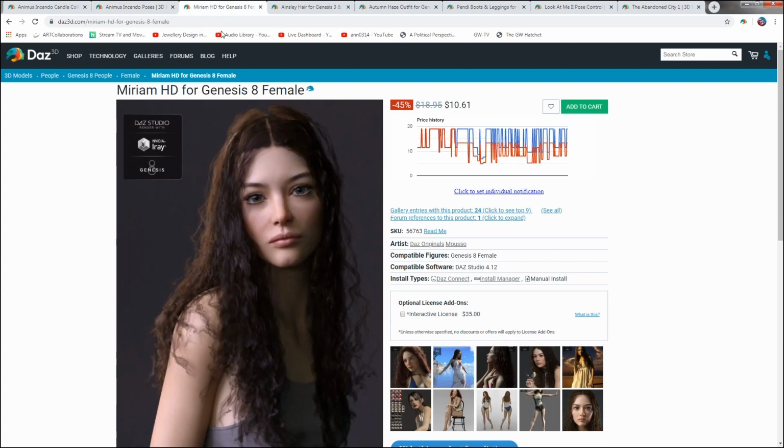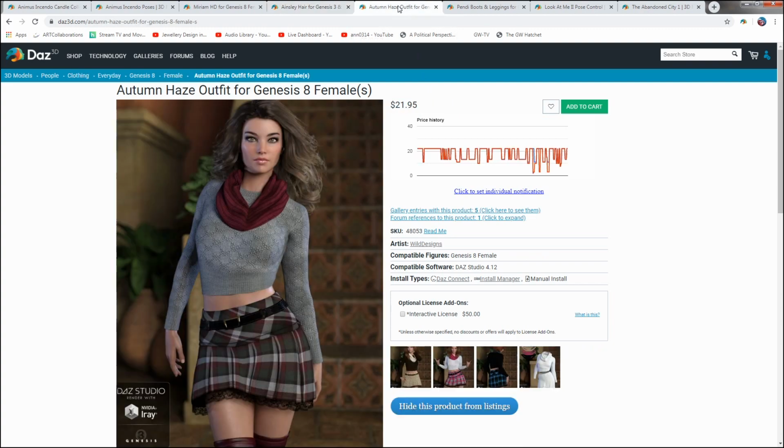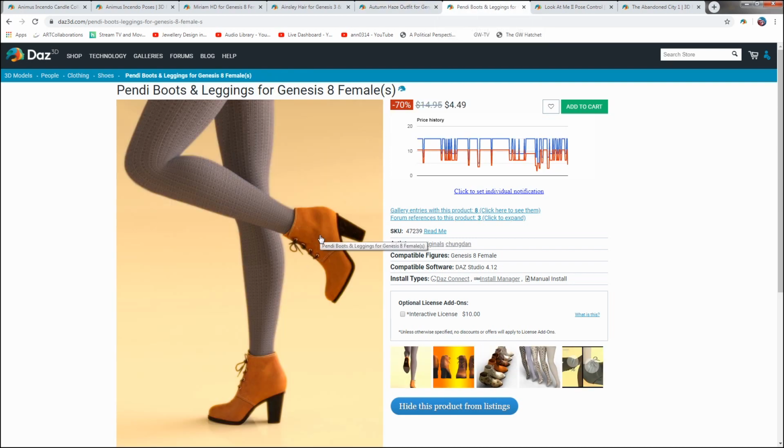I will also be using Miriam HD for Genesis 8 Female by Muso. It's a Daz original. Ainsley Hair for Genesis 3 and 8 by April YSH. Autumn Hayes outfit for Genesis 8 Females by Wild Designs. And this outfit actually doesn't have shoes, so I just used these petty boots and leggings for Genesis 8 Female by